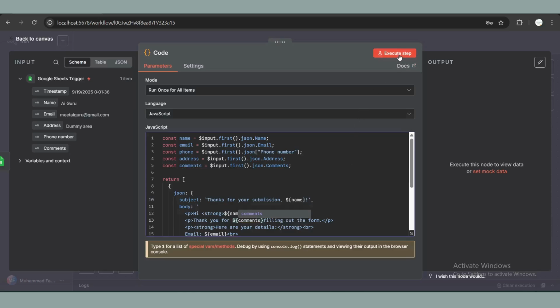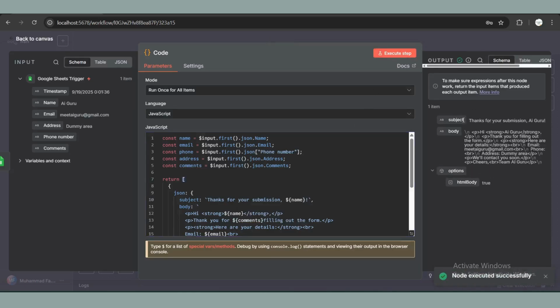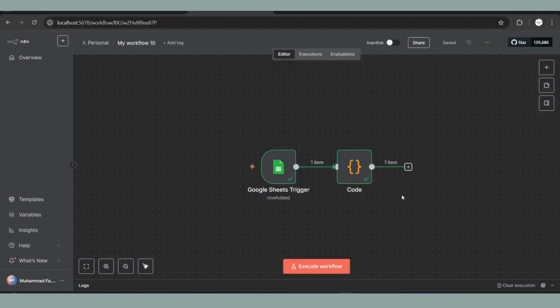Now let's execute this and let's see it works or not. Here you can see it's working. It replaced the name with the actual name from the sheet. Ignore these p titles, it's paragraph title, it's just for the formatting and it will be removed in the received emails. So boom, our second step is also done. Now let's move to the third step. For that, I'll simply click on back to canvas.